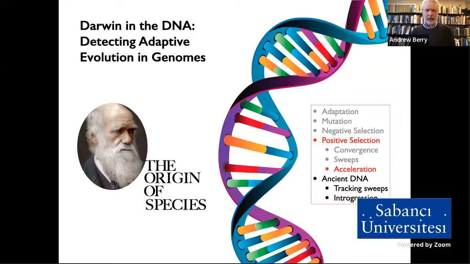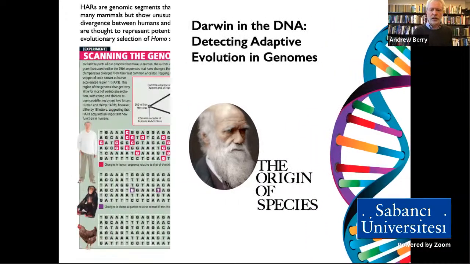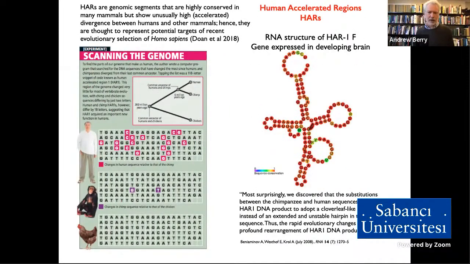A third way is what I'm calling acceleration. And this is particularly germane to studies of our species in comparison with, say, chimpanzees. Sometimes you find bits of DNA which are clearly under strong negative selection. They're the same when you look across species, okay? Negative selection is keeping them the same. These are functionally important. This is a beautiful example. This is a piece of DNA. Look at the comparison between chickens and chimpanzees in the bottom of the table on the left. There are virtually no differences.